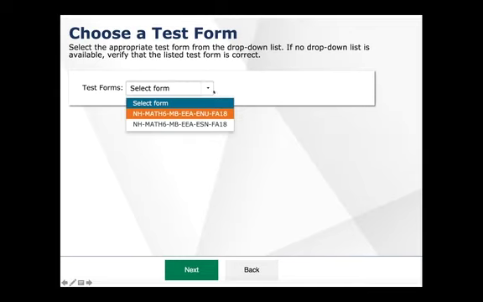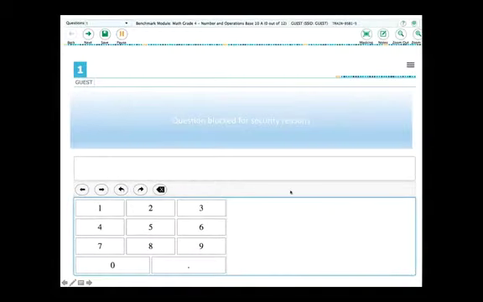And then I get to go in here and I can select the form. So it's basically, do I want to look at the Form A or Form B? And you have to look at Form A because there really is no Form B. You have to pick the first one. I'm hoping that they're going to put another version of A out there. They just haven't done it yet. So right now you have to pick the first one. There's no other choice. And up comes the first question.